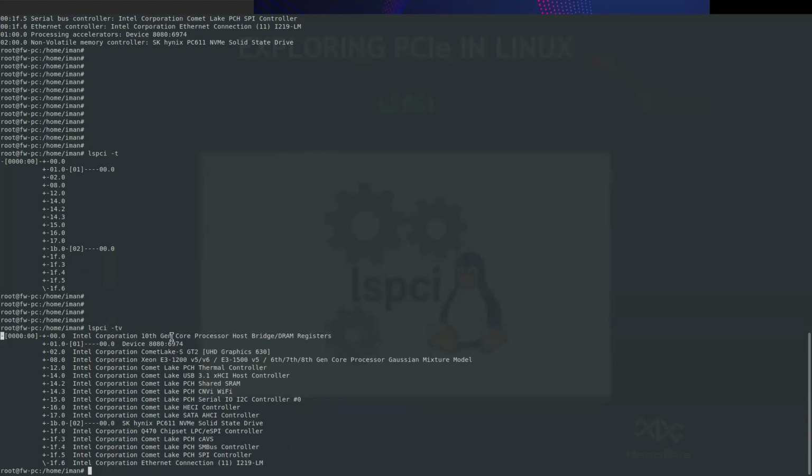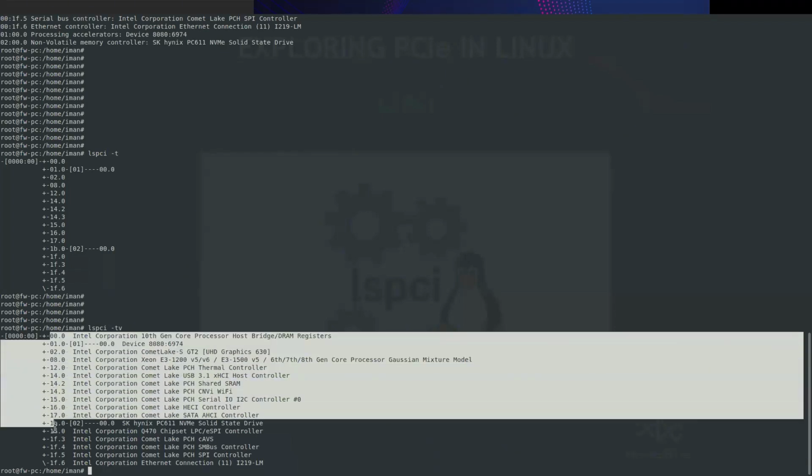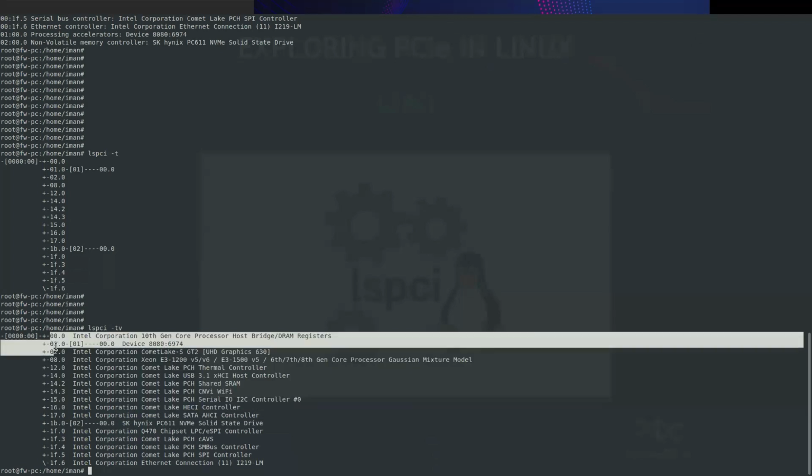By looking at this tree, you can see that we have domain 0 because we have only one domain and one root complex in our design. And we have device 0. In device 0, it specifies different devices, different buses actually.